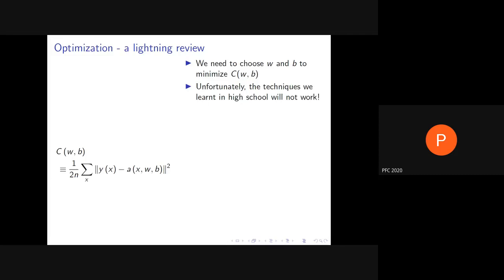Of course, the technique we learned in high school is you differentiate and put the first derivative equal to 0. You also look at the second derivative sign and find out whether it's really a minimum or a maximum or something else. Firstly, those techniques were for a single variable. Here you have more than one. But you might think that you could just take partial derivatives, which are like derivatives except that you are changing only one of the variables at a time, and then play the same game. Mathematically speaking, that's correct. Unfortunately, there are way too many variables involved here.